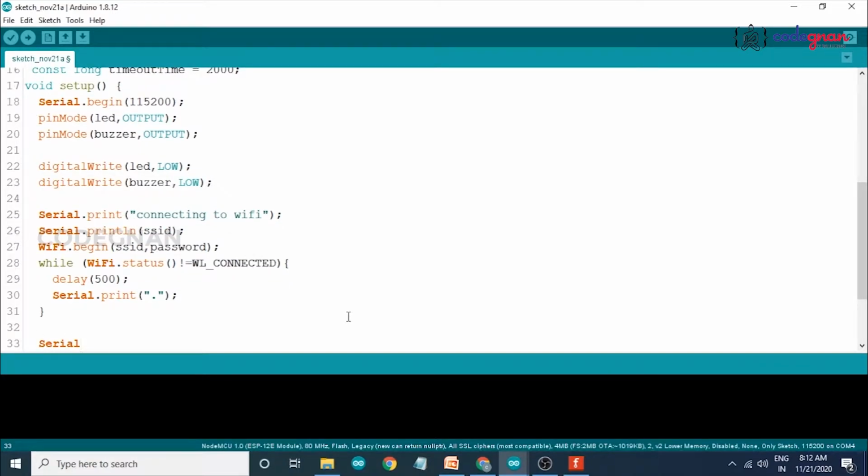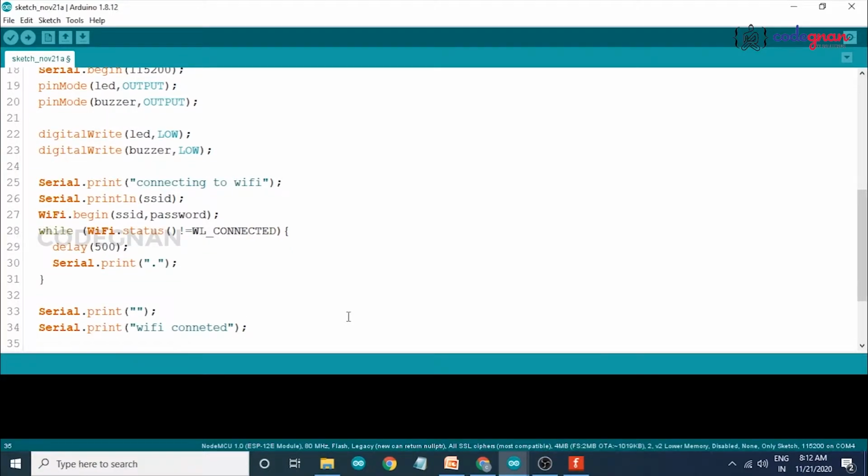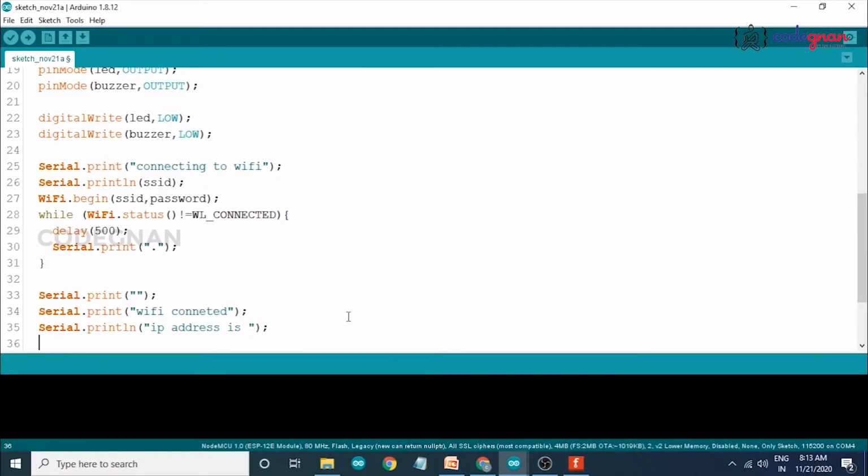And now after connecting we have to print a message, so Serial.print some space here, and after connecting I want to print my IP address, so Serial.println "WiFi connected" and print our Wi-Fi IP address: Serial.println "IP address is", and print the IP address.